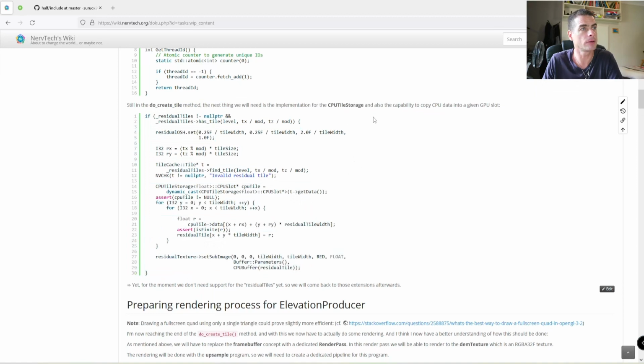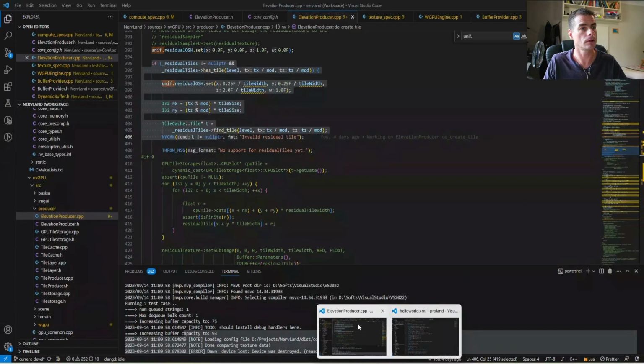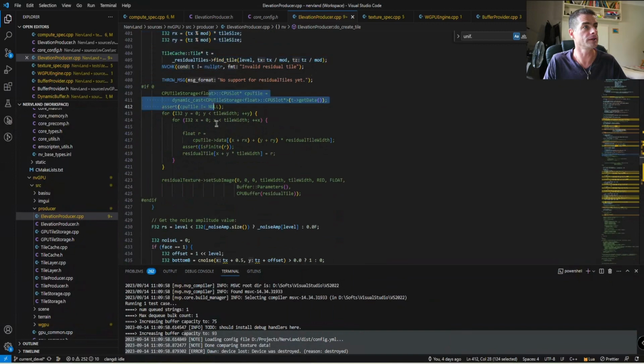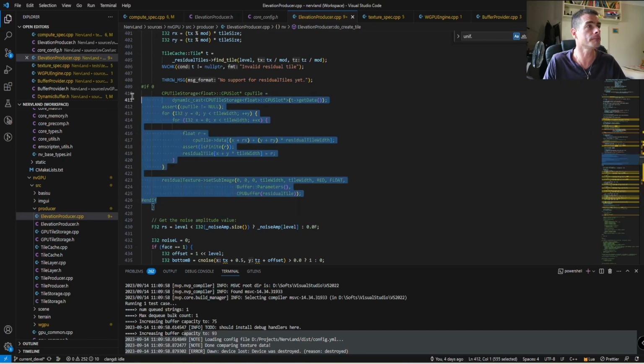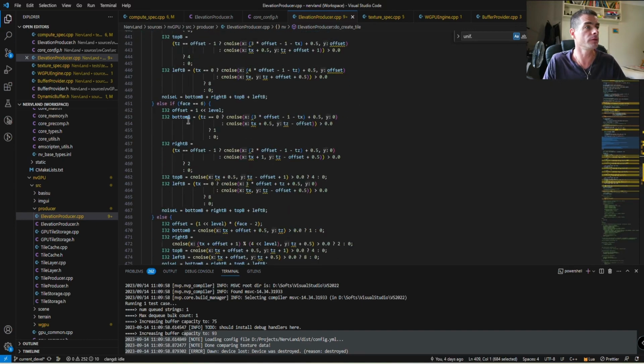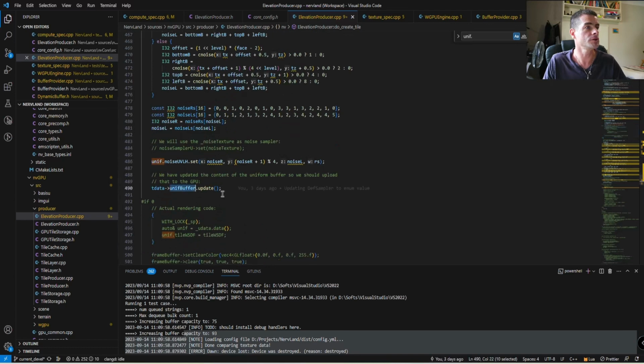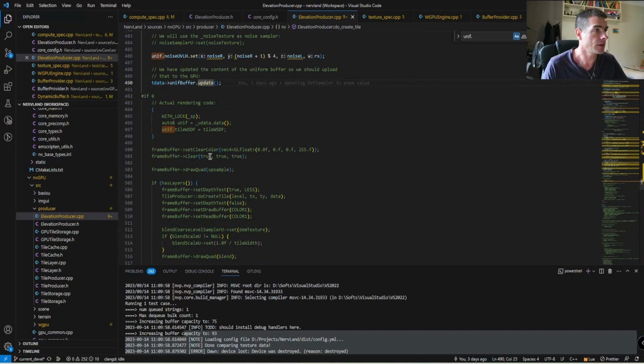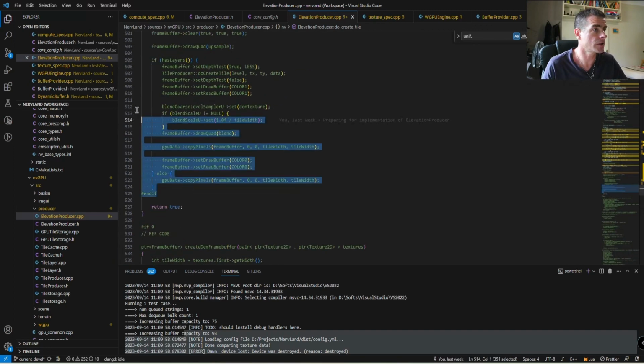When later I get to this part, I will need to implement the CPU tile storage, because the residual data is stored on the CPU side and it's uploaded for each rendering every time. So you get the data from the tile, and then you're going to upload that onto your residual texture just before using this residual texture in the shader. So for now, just disabling this part. Then you have another part for the noise, and eventually you would just update the uniform buffer, so request writing to the corresponding buffer on the GPU. And after that, well, that's where I stopped,